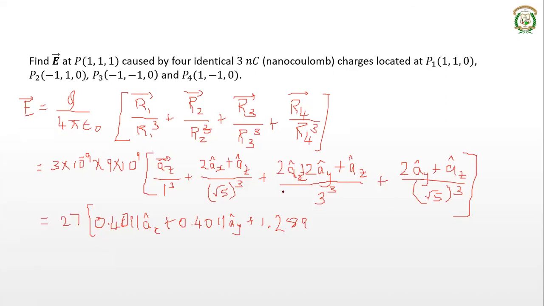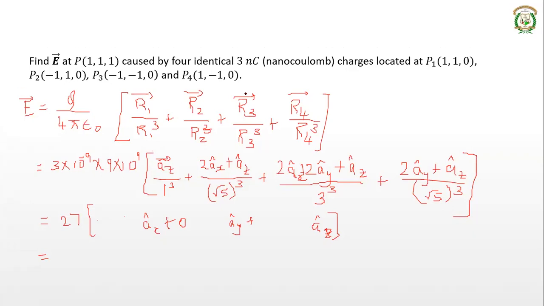Are we doing it wrong? You're getting something different. Yeah, the mistake is, it is 3 cube here. It is not 3 square. What is 3 cube? It's 27, isn't it? So use 27. The x component will be 2 divided by root 5 cube plus 2 divided by 27, not 2 divided by 9. So this is not correct. You will get a different term here. So now calculate and let me know what is the ax component.